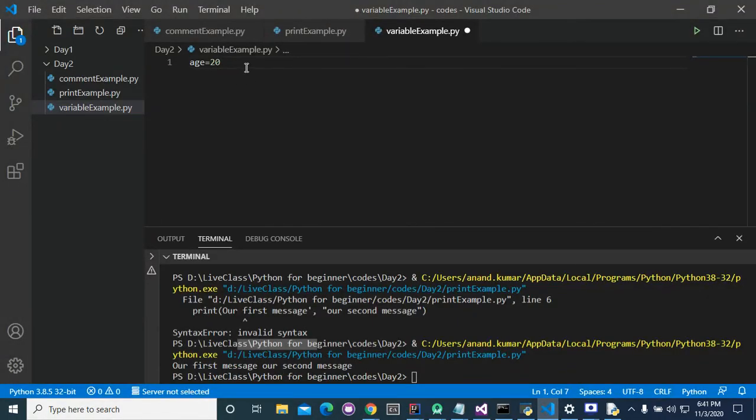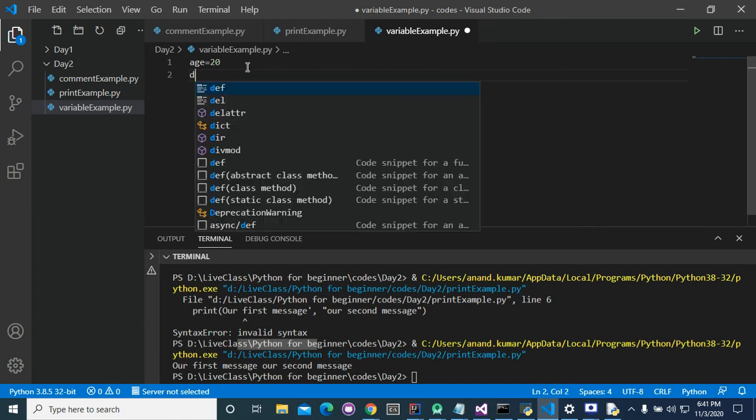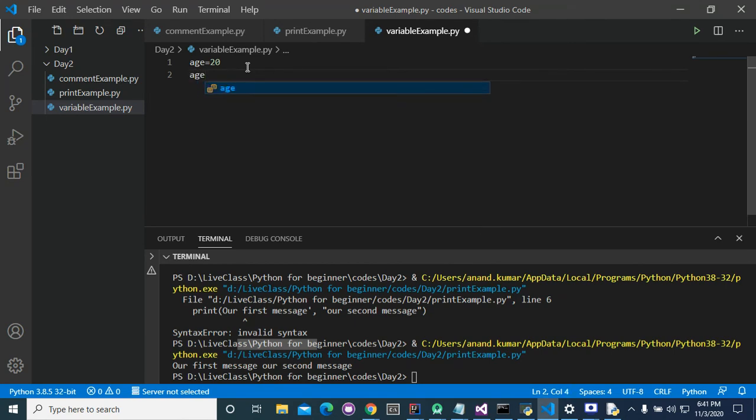Let's assume we have a variable age = 20, and a second variable, age_value = 20.